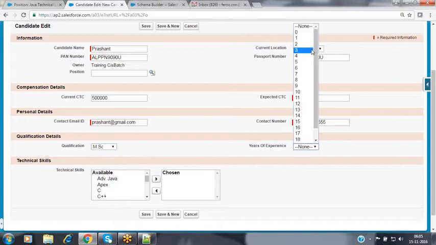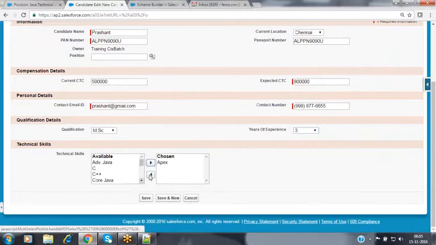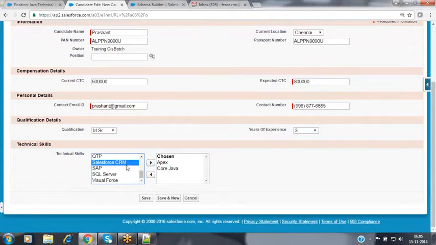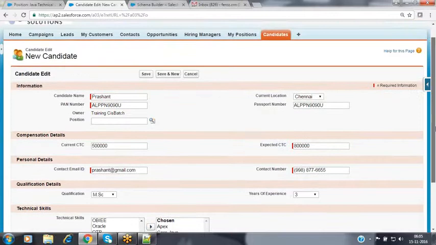Years of experience is 3 years. He has experience in Apex programming, Core Java, Salesforce CRM, and Visualforce also. So this candidate is from a Salesforce background.